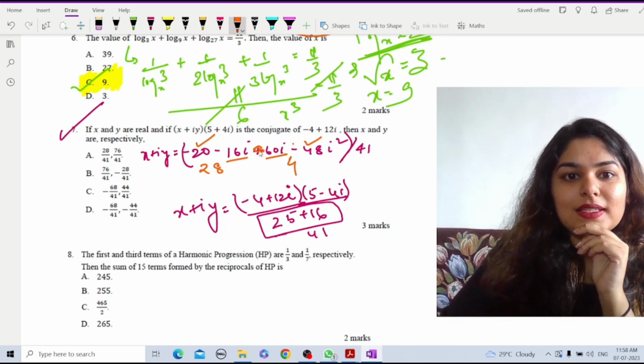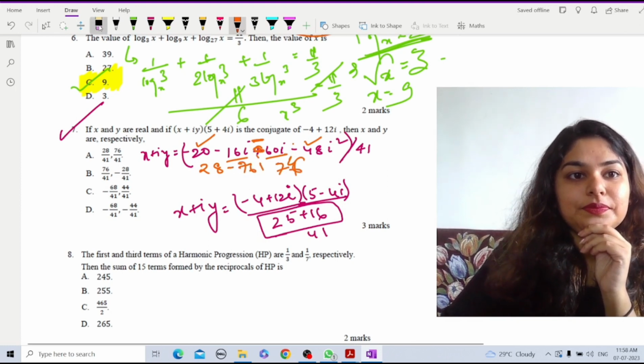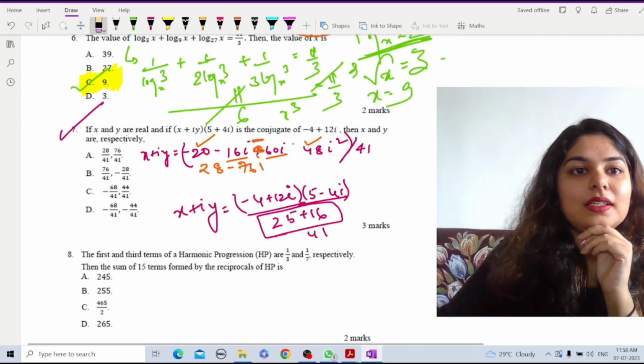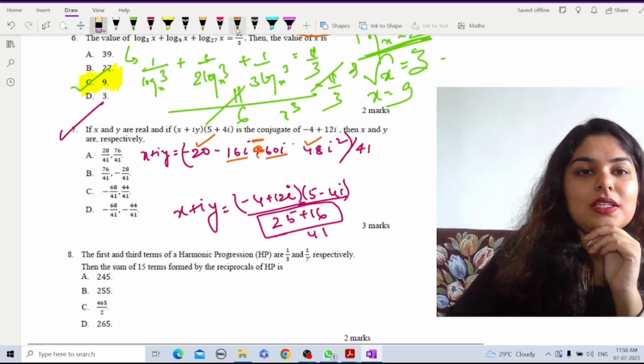I'm sorry, this is minus 60, right? So here we have 6 and 7, 76. So minus 76i, right? Okay, so let us write it down more clearly. So after solving this, we have